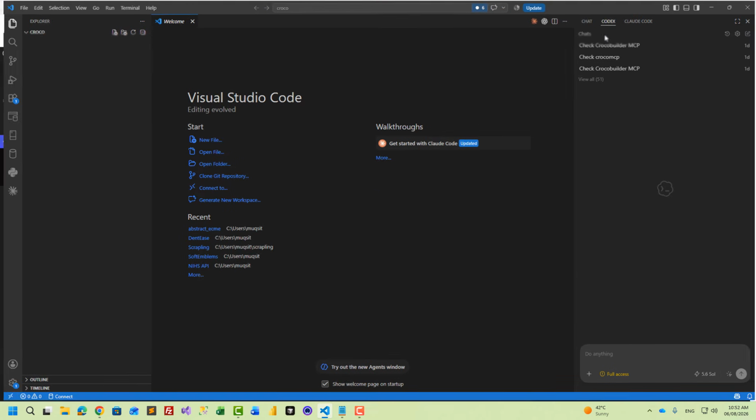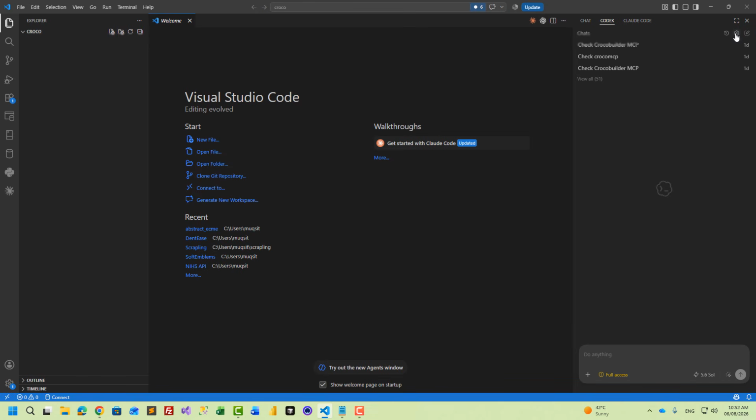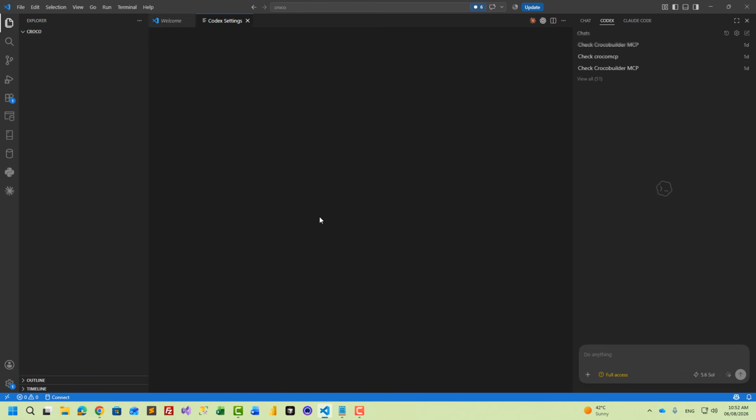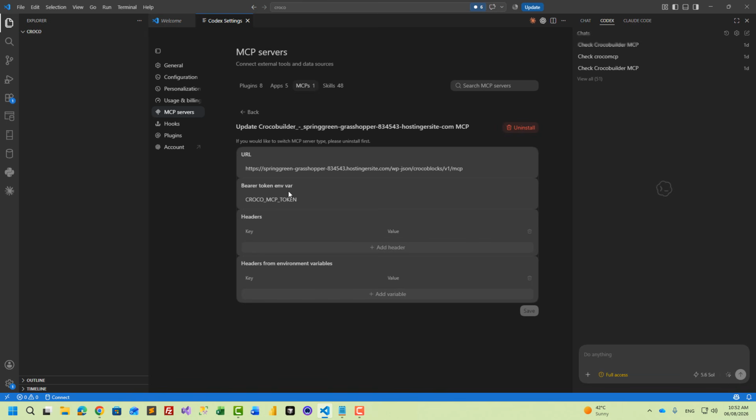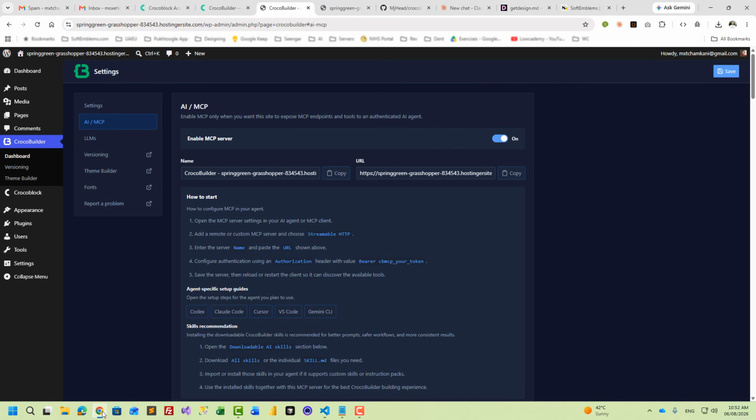This is my Codex screen. You will click on the gear icon on top right, Codex settings, and go to MCP server. Right now I have connected this MCP. I will click on the gear icon. You have to enter the URL of your website from here, this URL,